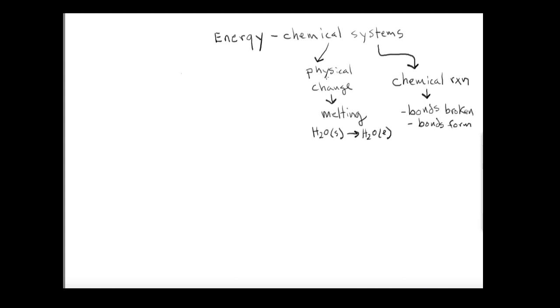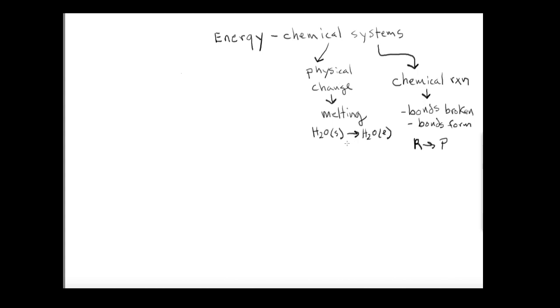When we have a physical change, we can have the change in energy. To go from ice to the liquid, common sense dictates that you're going to have to warm the material up. You're going to have to heat it up. In a chemical reaction, you're going from the reactants to the products, just to simplify this. And depending on the types of bonds that are being broken, and then the types of bonds that are being reformed, you can actually have energy that is either exiting or entering the system. And we're going to talk more about that in a minute.